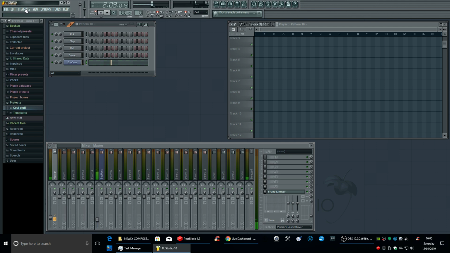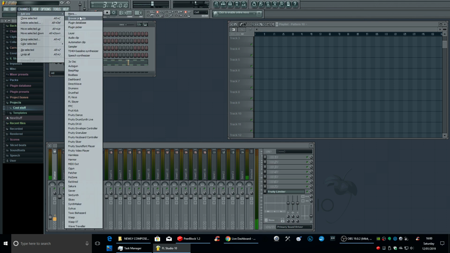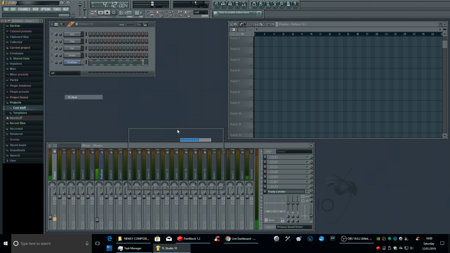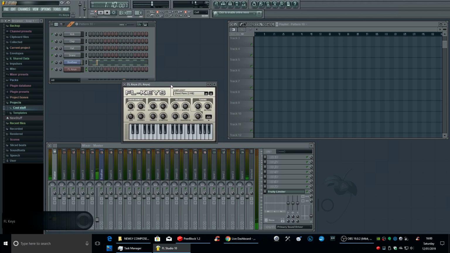So what we'll do is we'll go in there, I'll add maybe a piano. So we'll add a piano. So now I'll click that button again to bring up my piano.